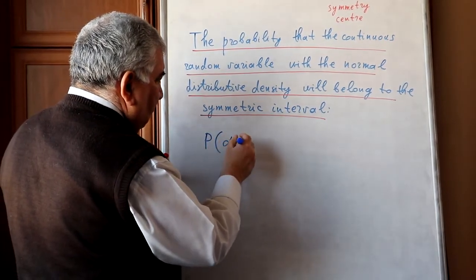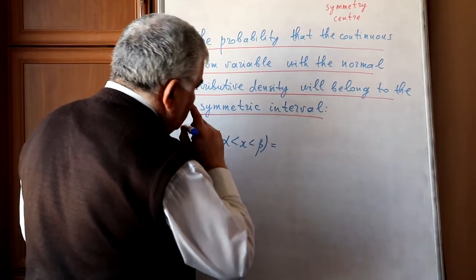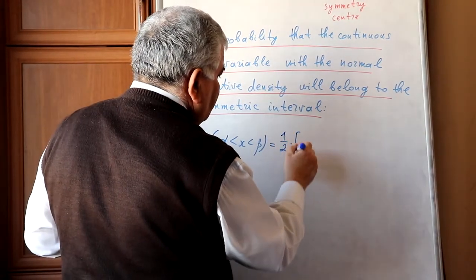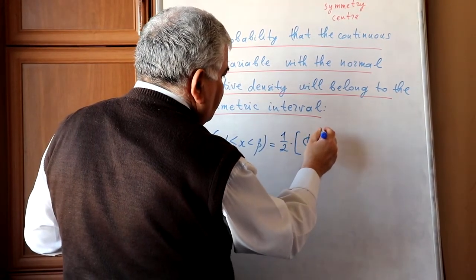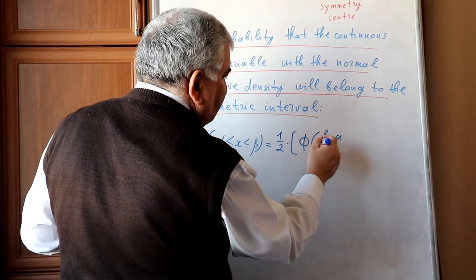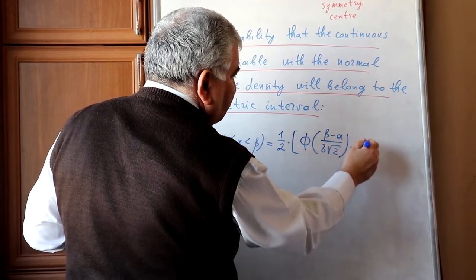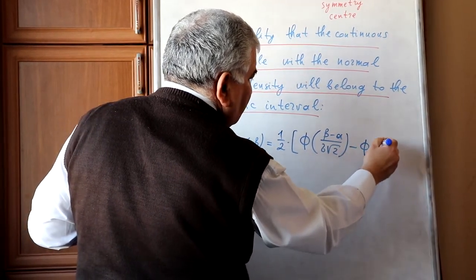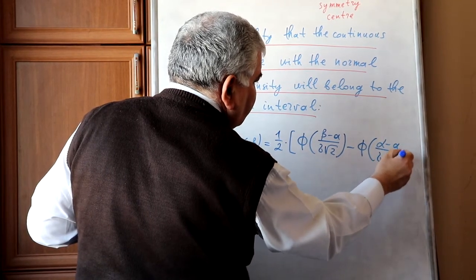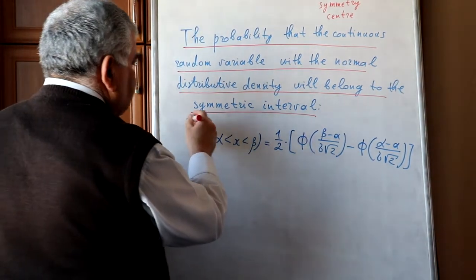P of alpha is less than x is less than beta is equal to 1 second phi of beta minus a over sigma square root of 2 minus phi of alpha minus a over sigma square root of 2. Already you know this formula,